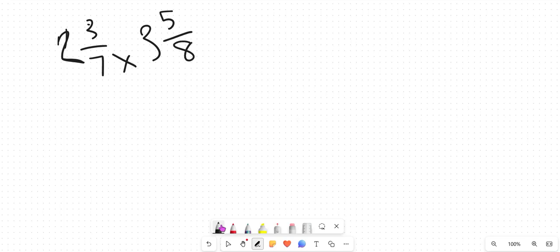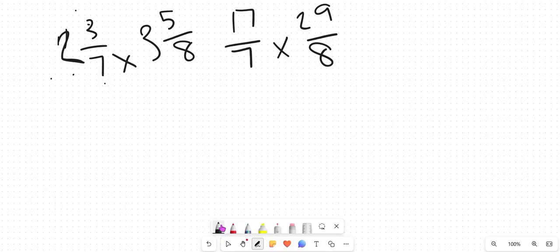When you're multiplying mixed numbers, you want to convert them to an improper fraction, and you do that by multiplying the denominator times the mixed number plus the numerator. 7 times 2 is 14 plus 3 is 17 over 7 times 8 times 3 is 24 plus 5 is 29 over 8. Then we're just multiplying across, and we get